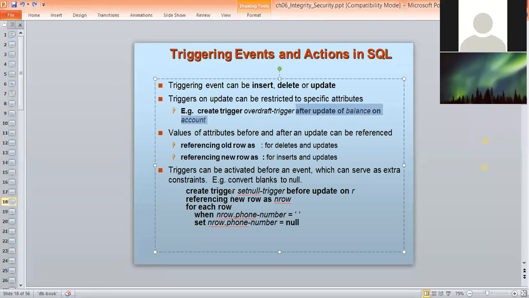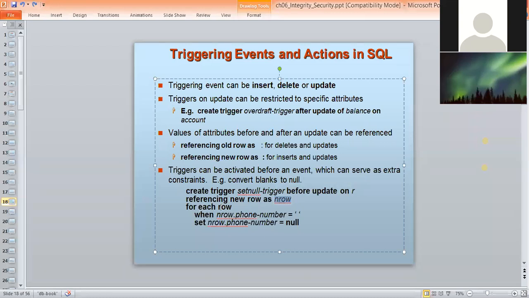For example, create trigger set null trigger. This is the name of the trigger. Before update on the relation name R, referencing new row as n row. So the new row will be renamed as n row after the triggering operation.